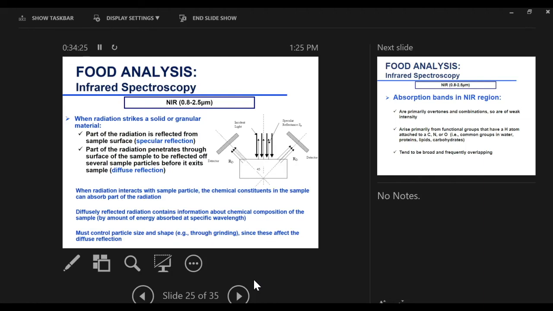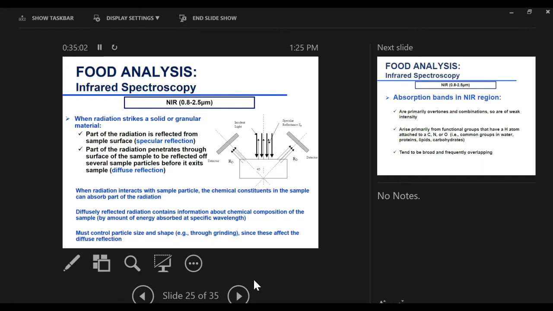And then the energy that is not absorbed at different wavelengths is reflected at a different angle. You position your detectors, usually multiple detectors to capture all of the reflected light, usually projected at a 45 degree angle. The light that gets reflected carries the chemical signature of the constituents. The light that does not get absorbed gets reflected, and that's what you use to do the calculations and produce the spectra and identification of your